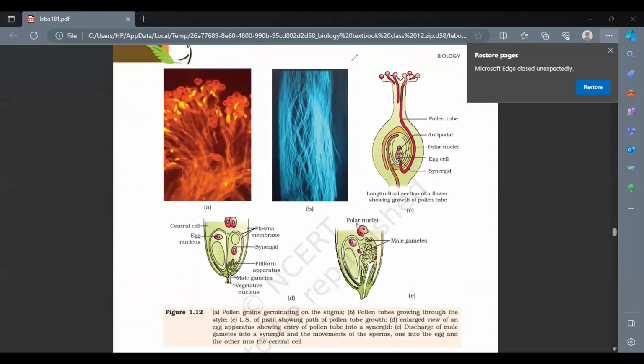If you look at this diagram, this is the stigma region. This part is the stigma, and it has lots of pollen grains on its surface. You can see so many pollen grains are there. Out of these, only a few pollen grains, not every pollen grain, develop a very important structure that is called the pollen tube. So whenever the pollen falls on the stigma, and some pollen has come to this region and fallen over there,